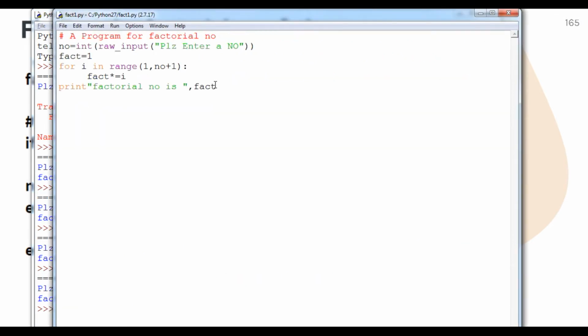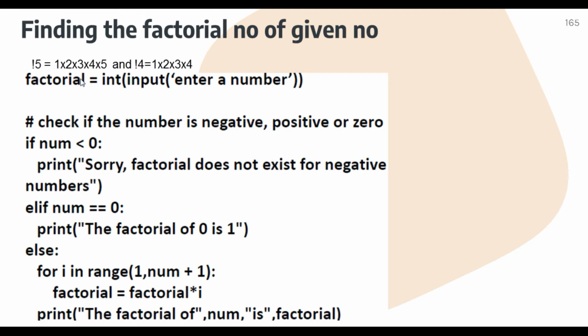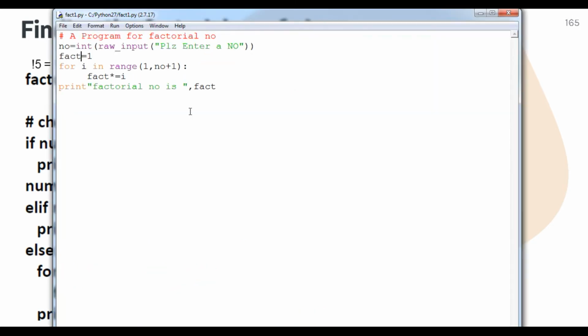This is only the logic part, students, that I am discussing in the program. You will make sure that in this program you make the factorial equal to 1, you ask for the number, and you do the whole program. I will show you only the logic part.